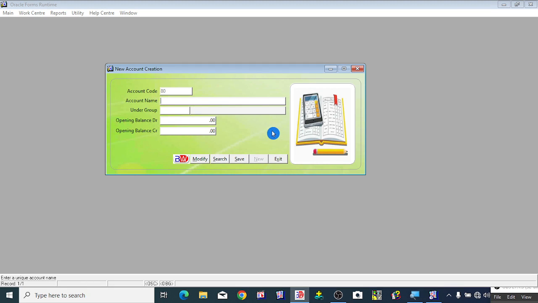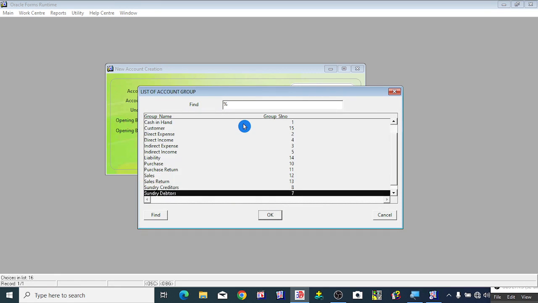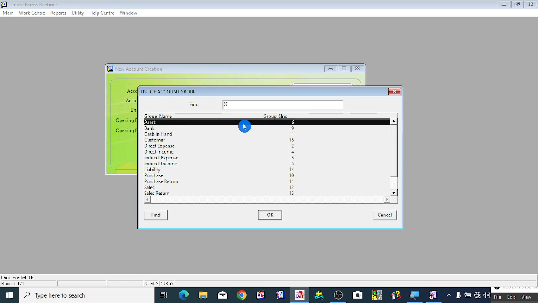Here we can enter the ledger account name we wish to create. For example, stamp duty charges paid account. I am going to create an indirect expense account like stamp duty charges paid account. After entering the ledger account name, press the enter key,